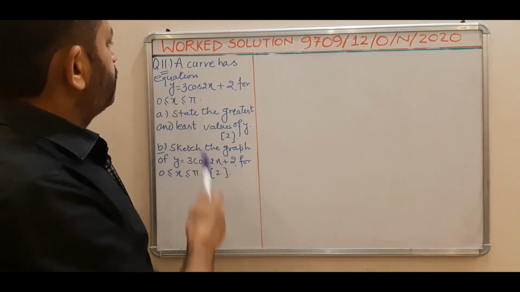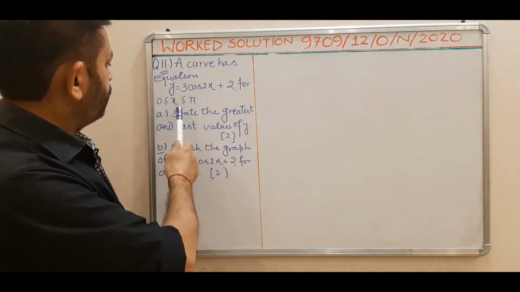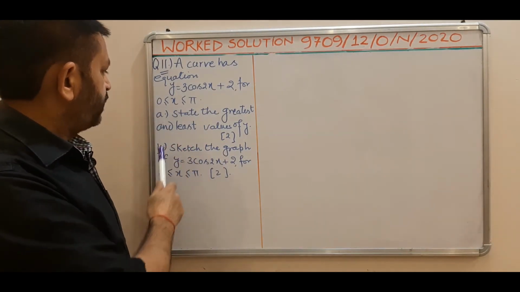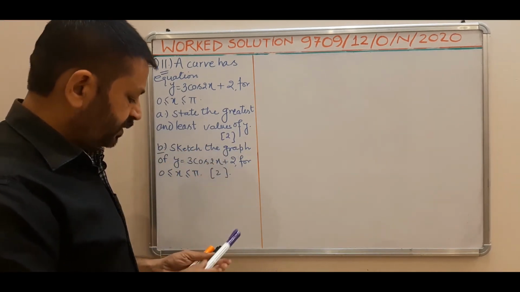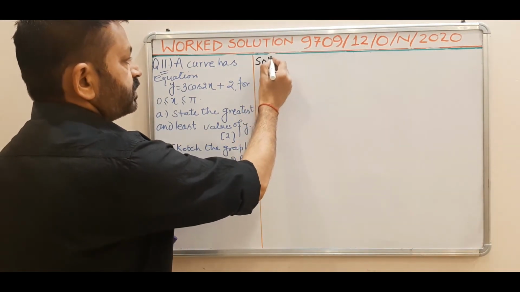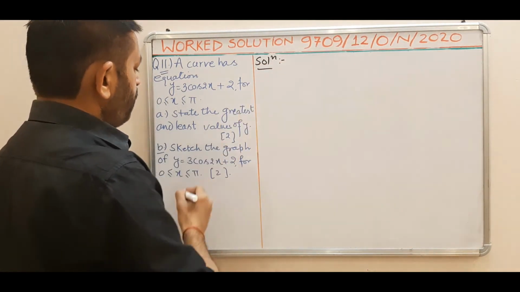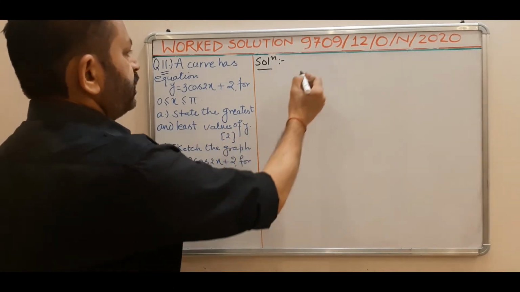Question number 11. A curve has equation y is equals to 3 cos 2x plus 2 for x in between 0 and pi. A part is: state the greatest and least values of y. This question carries 2 marks. So let's start with this. This is the last question of the question paper. So we are looking for the greatest and least values of y. So we can start